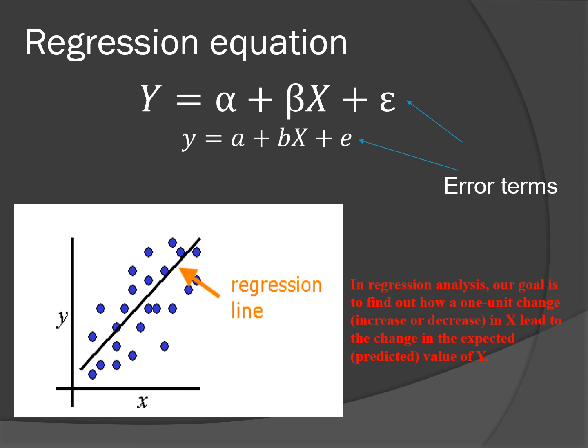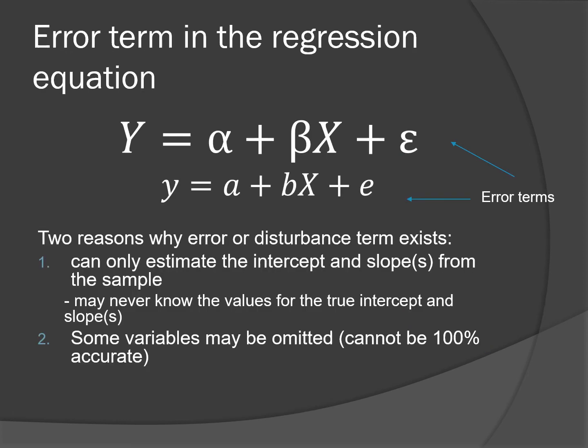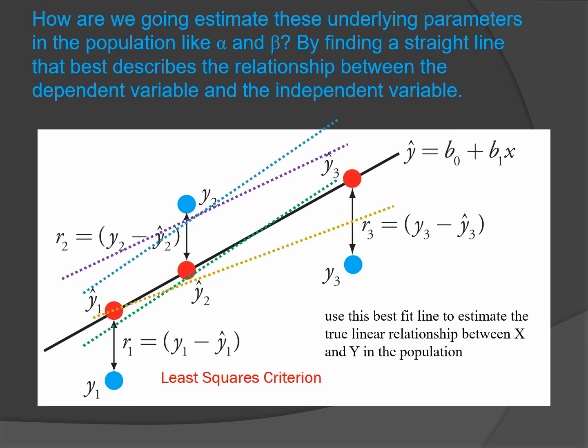In regression analysis, our goal is to find out how... E is the error or disturbance term. In regression analysis, our goal is to find out